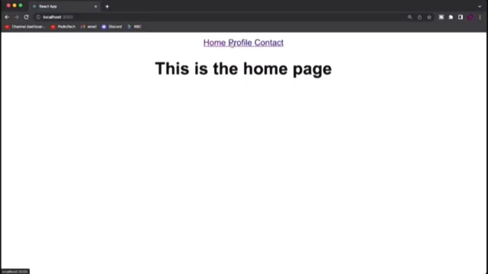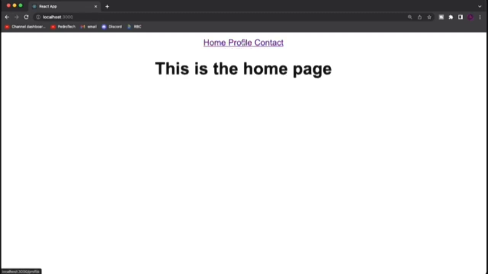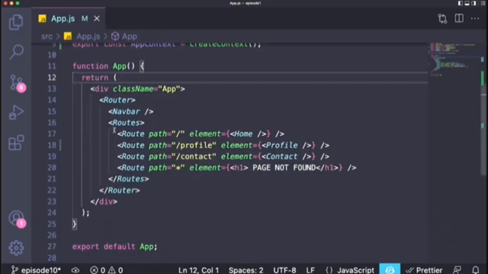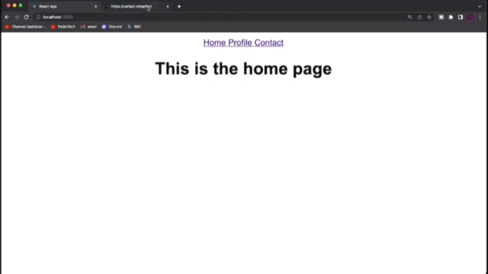Okay, everyone. So as you can see, I'm just going to use the same code that we've been using in the previous 2 episodes, where we just have a simple web page with 3 different routes, and each of them is represented by a component, right? And what we're going to be doing is using React Query to fetch